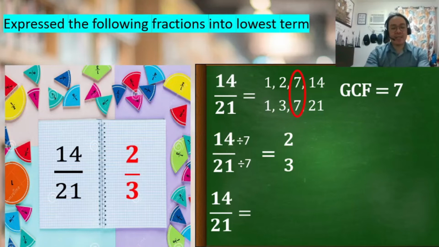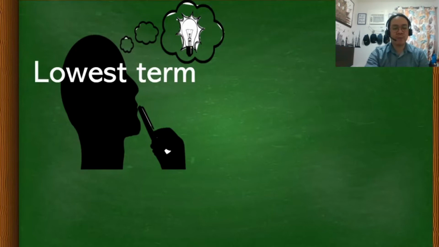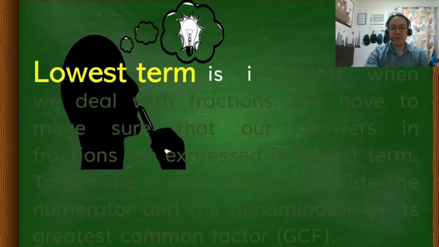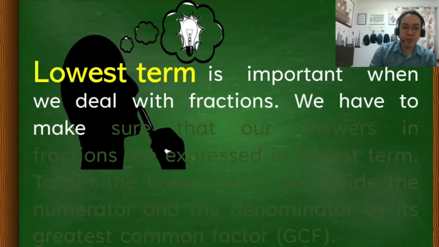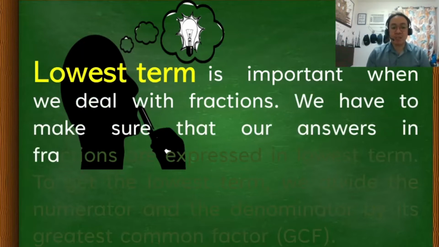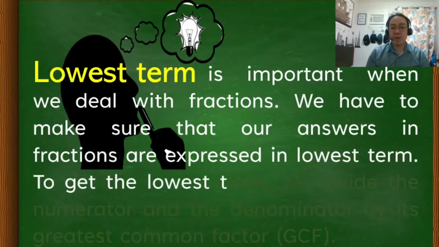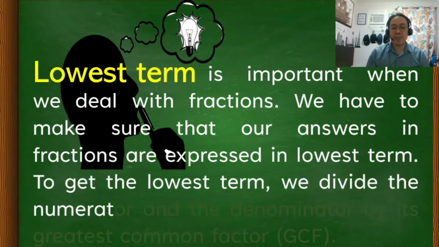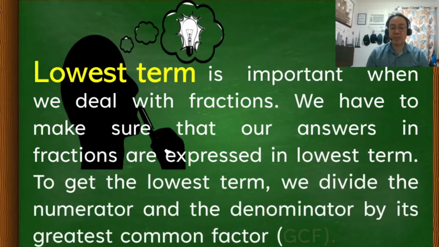So, again, let's have another review. Okay, so, ano ba yung lowest term? Is it important in operating fractions? Okay, let's find out. Lowest term is important when we deal with fractions. We have to make sure that our answers in fractions are expressed in lowest term. To get the lowest term, we divide the numerator and the denominator by its greatest common factor or GCF,